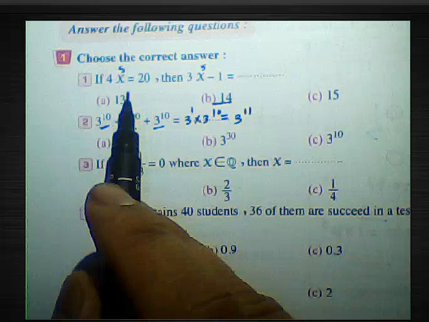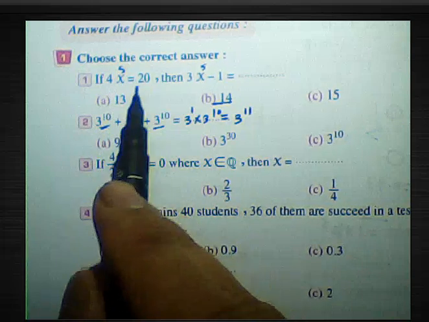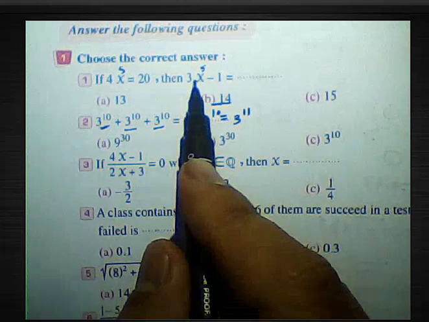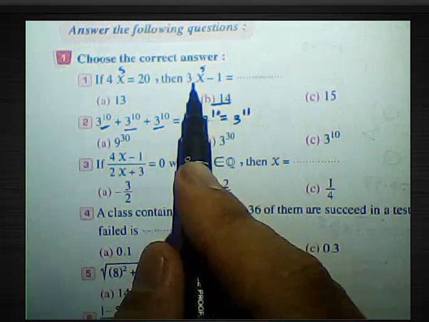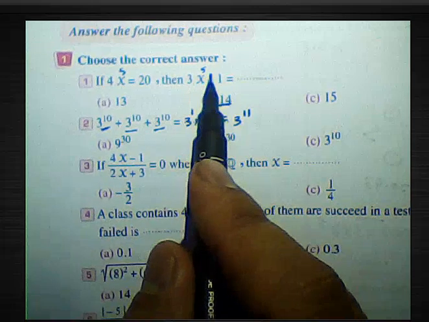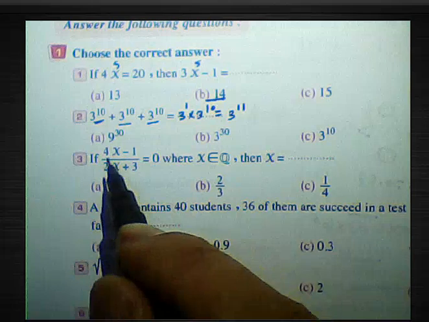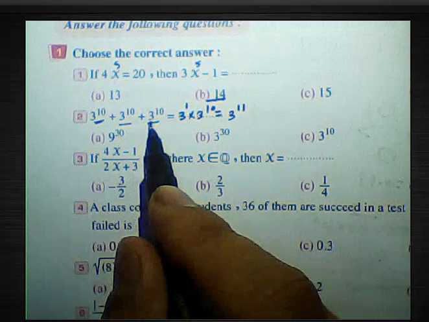4x equals 20, meaning 4 multiplied by 5 equals 20, then x equals 5. Then 3x minus 1 means 3 times 5 minus 1, 3 times 5 is 15, minus 1 equals 14. Question number 2: 3 power 10 plus 3 power 10 plus 3 power 10, it means